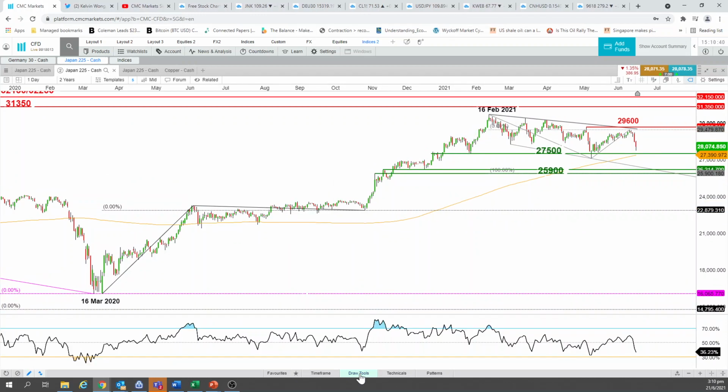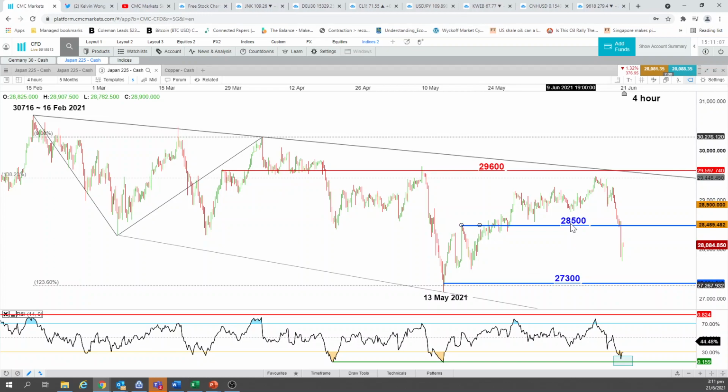So with such technical elements still in place, all confluencing to the 27,500 level, and given that this level has not been clearly taken out on the downside, we could actually say that today's down movement could be related to noise as well. Also, if you look at the hourly, the daily RSI is now coming back to the oversold region again. So with that in mind, I will actually be more neutral between 28,500.